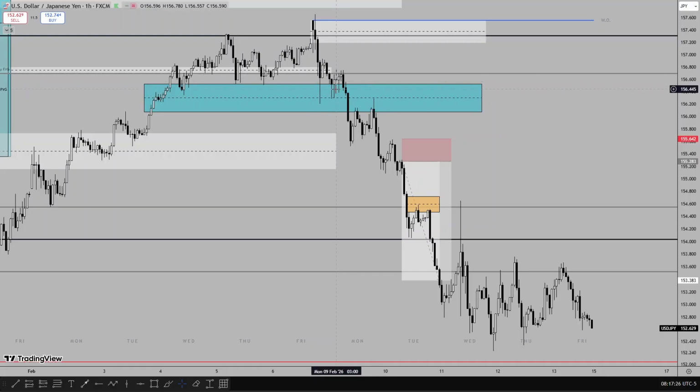anticipating price to use it. I think it came close to my entry, but I didn't get triggered on the trade. You can see I didn't leave a limit order or a trade position showing you guys that I took advantage of it. But price came close before retracing, did a shift in structure, a retracement. I had an entry on this other block.